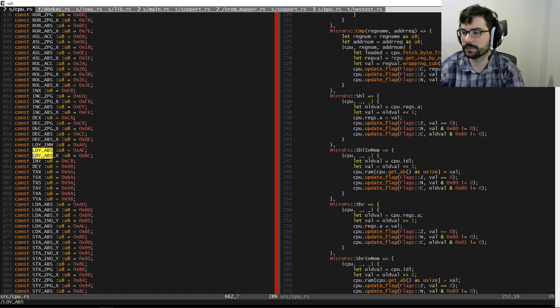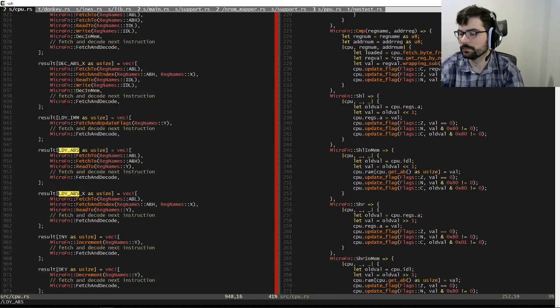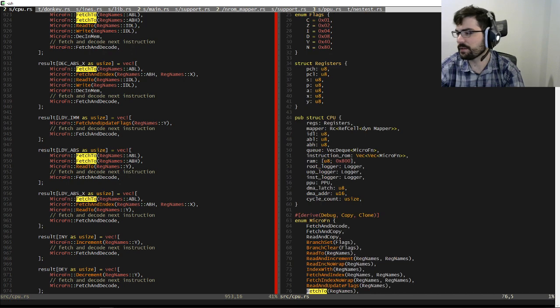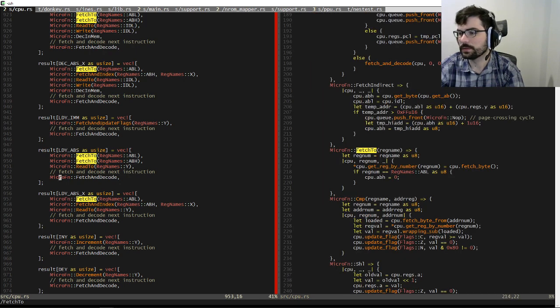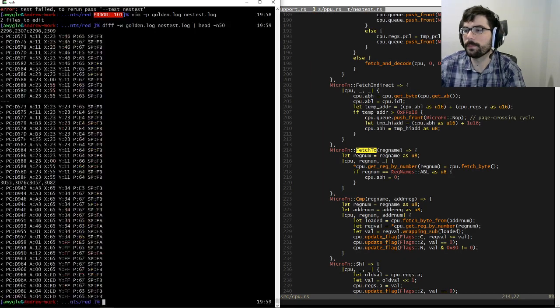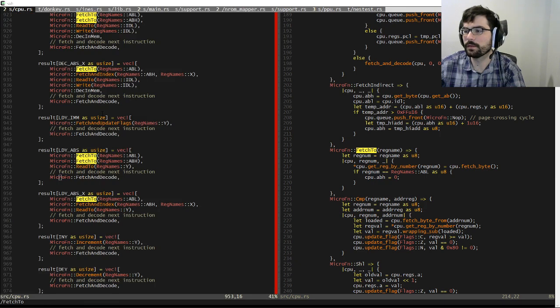So, LDY abs. Fetch 2, read 2, fetch and decode. Fetch 2 doesn't set flags. So what's the problem? The differences are in the value of Y, 4623.